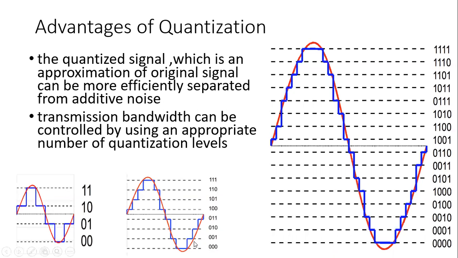Naturally, the voltage levels between 0 and 5 have increased a lot. So when you convert it into codes, the number of codes has also increased. Here it was only 4, here we have 8. Now, if you increase it further, what will happen? You can see the same 0, which was the minimum, is in 4 bits, and the same 5 is in 4 bits. So the subdivision between 0 and 5 has increased a lot. Naturally, the level of quantization has increased, the number of voltages has increased, and the reconstruction will be better.